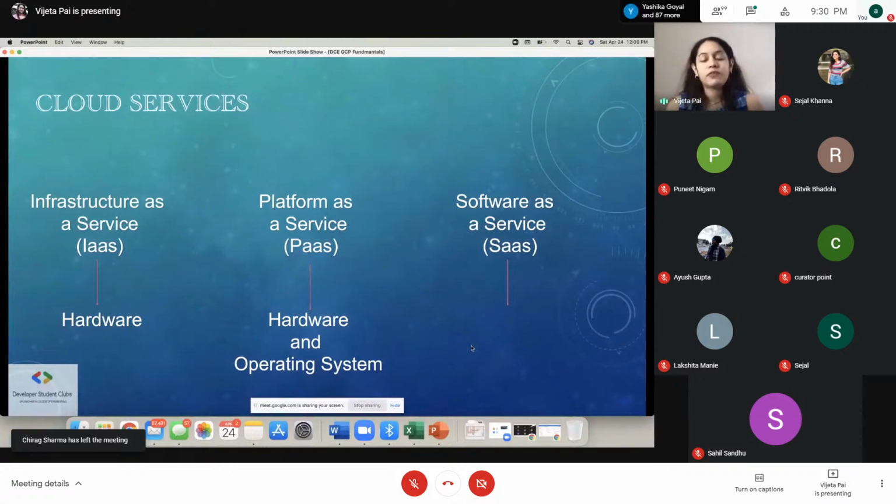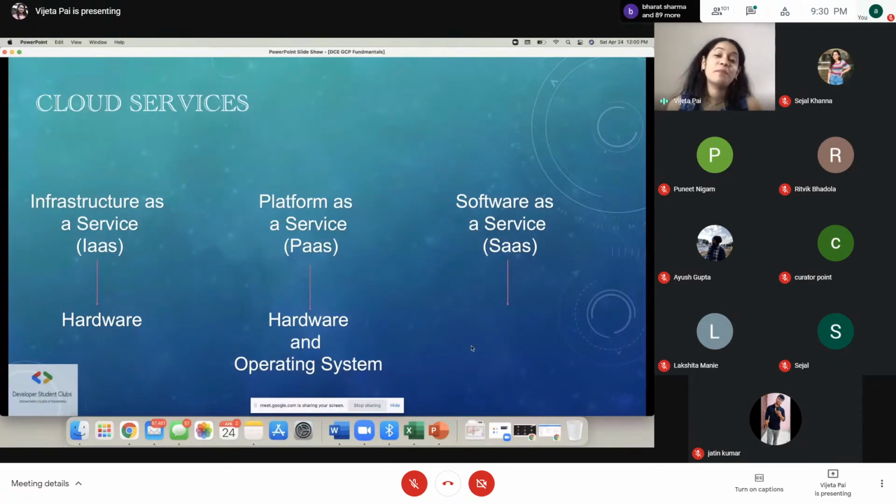Platform as a service is somewhere in between highly customizable and highly manageable. It gives you a good amount of flexibility because you still manage a big part of it, but at the same time, you don't have to really worry about the operating system, patching the operating system, or keeping it upgraded, worrying about its security and everything. So it is somewhere in between infrastructure and software as a service.